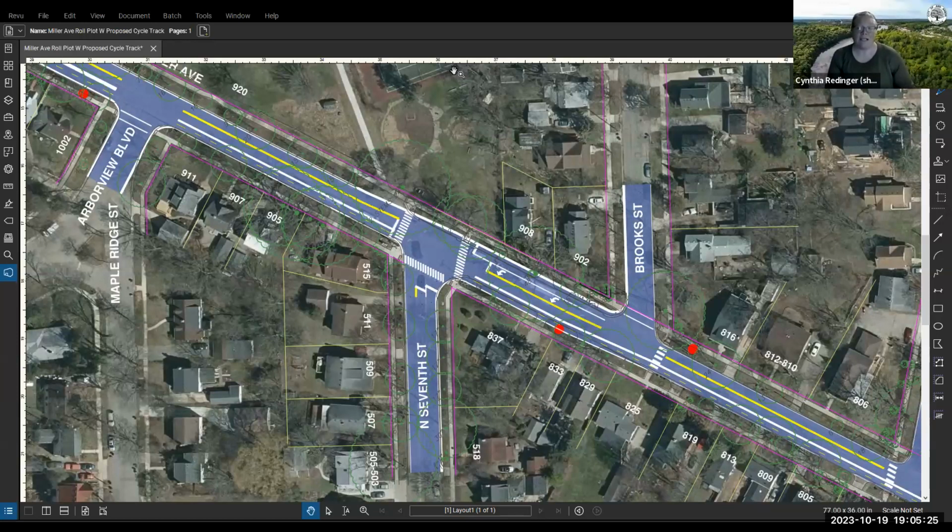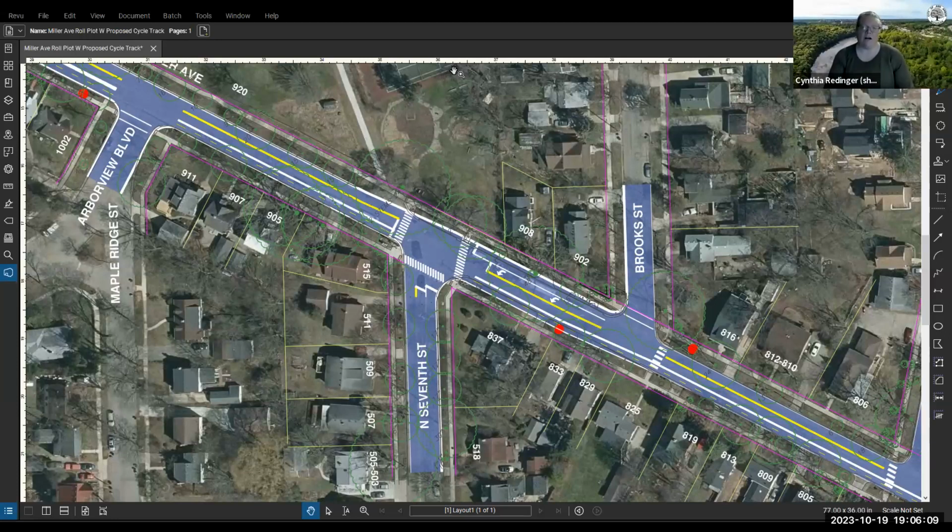So right now we have bicycle lanes out there that just have a single lane line, and we don't have any physical separation between the vehicles and those cyclists. And when we're looking at this corridor, it's very, very constrained in its right of way. It's very, very constrained by the large number of mature trees in the right of way. And we don't have a lot of physical space to be working with, especially as we're really trying to stay between the curb lines that are existing, as we're implementing this project and being mindful of our fiscal constraints as well.